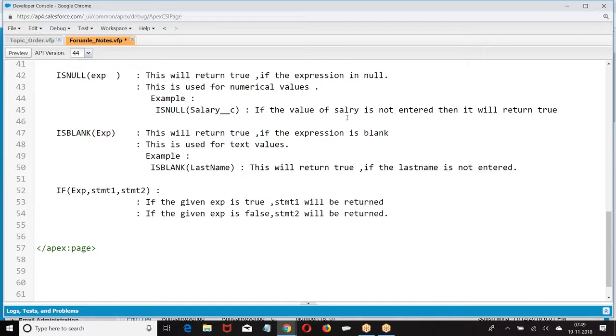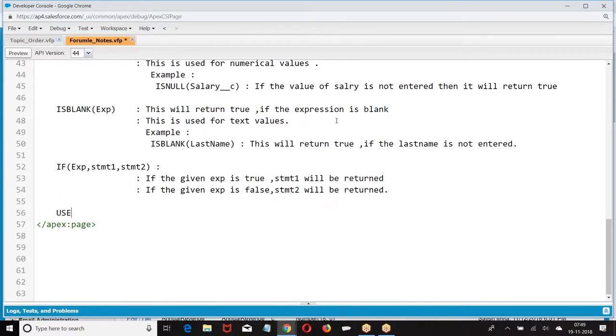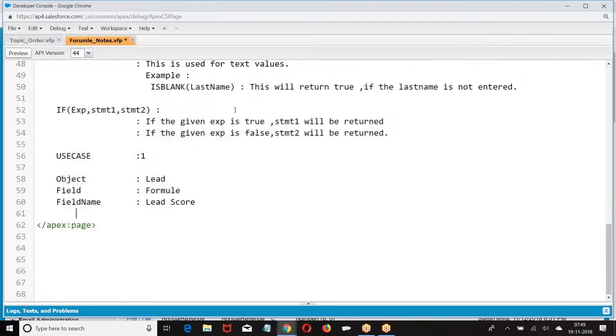Now let us take some use cases here. On the lead object, we are creating a formula field with the name lead score.